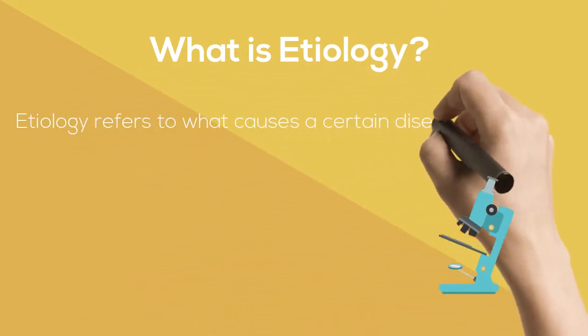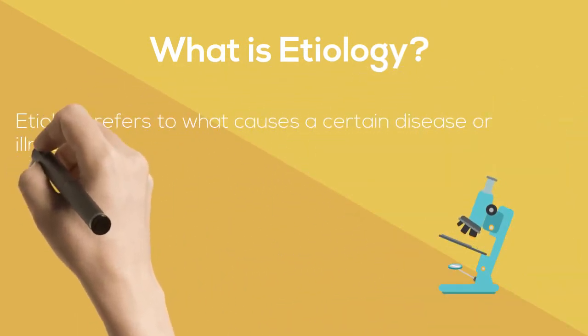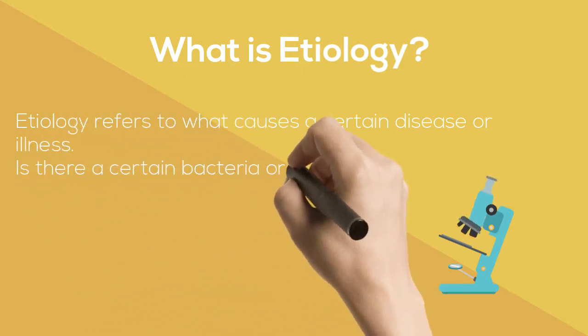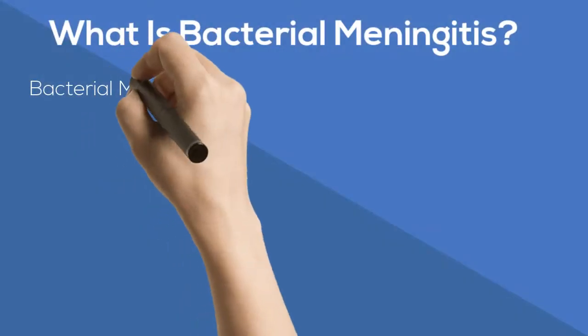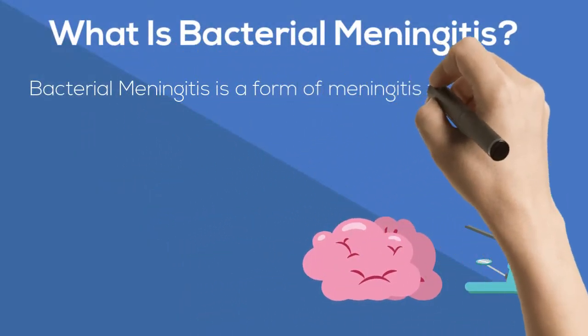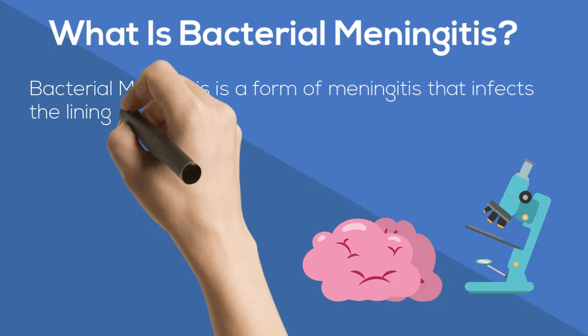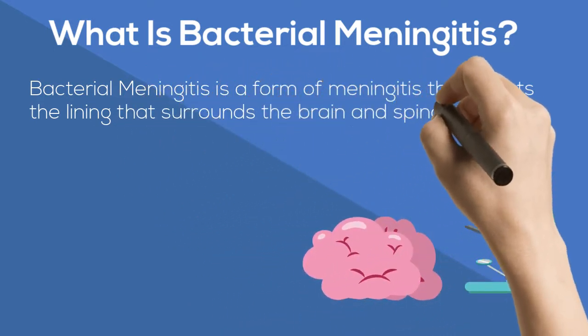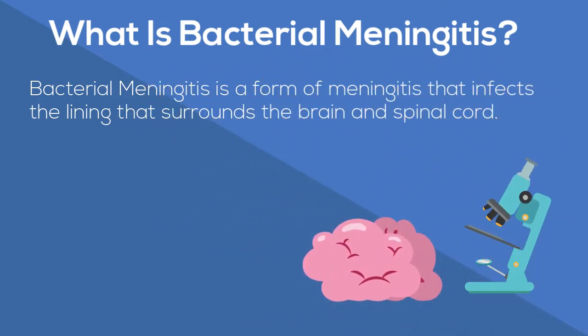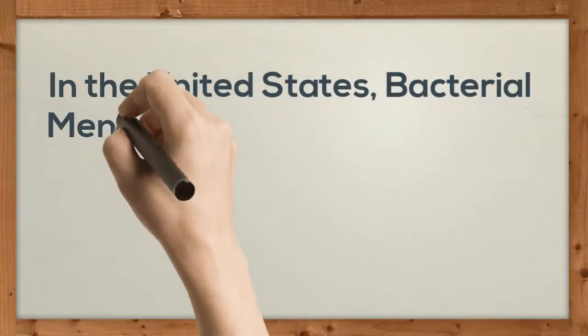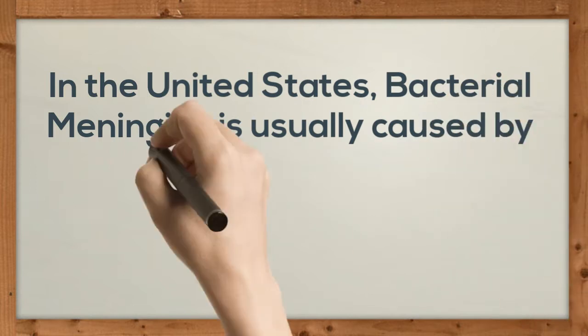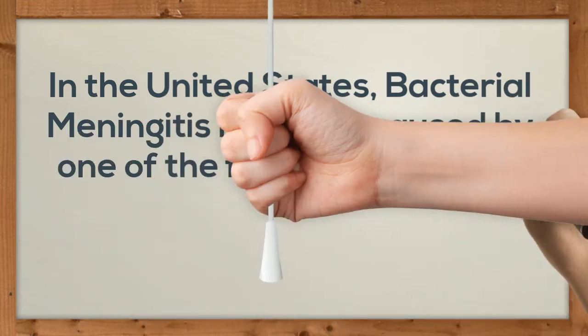When we speak of etiology, what do we mean? Etiology means the cause of a disease. It's what we want to know. What causes it? Bacterial meningitis is a form of meningitis that infects the lining that surrounds the brain and spinal cord. What causes it? In the United States, bacterial meningitis is usually caused by one of 5 bacteria: